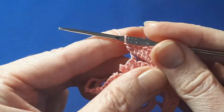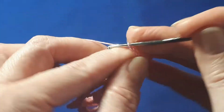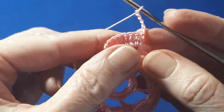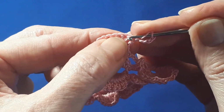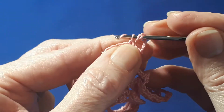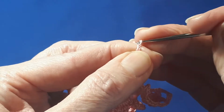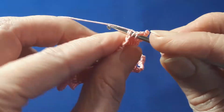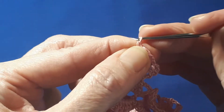And you chain 5 now. 1, 2, 3, 4, 5. Turn so the work is facing you on the right side, and in the 3rd double crochet along you do another double crochet, then you chain 2, 1, 2, skip 1 into the next stitch, a double crochet, and this creates a little space, 2 chains,